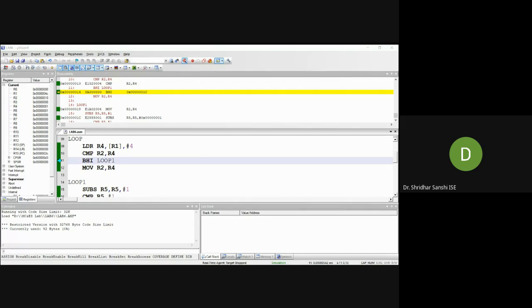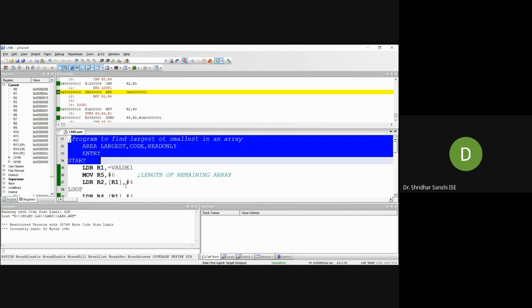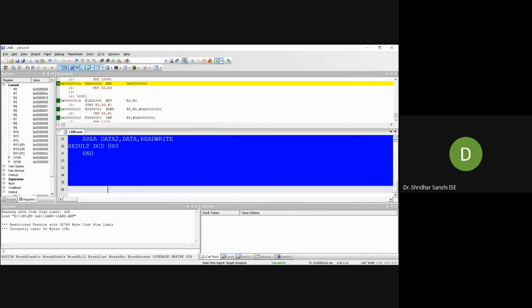Please upload your code here. Okay, I have shared the assignment. The code is also shared, so you can try.